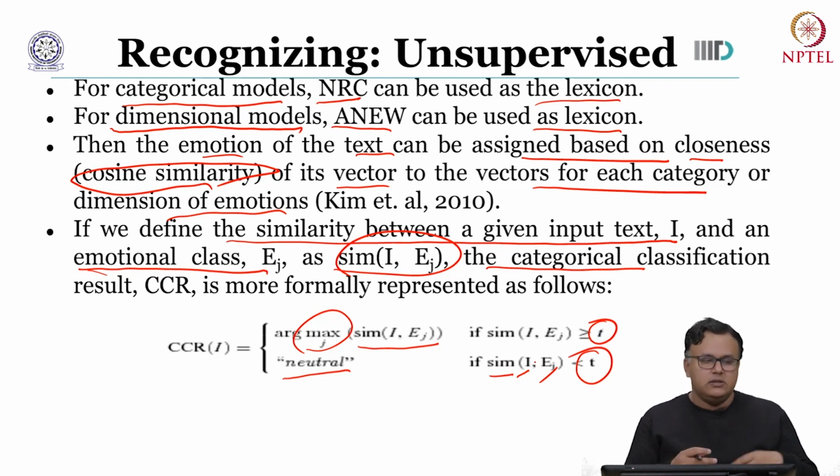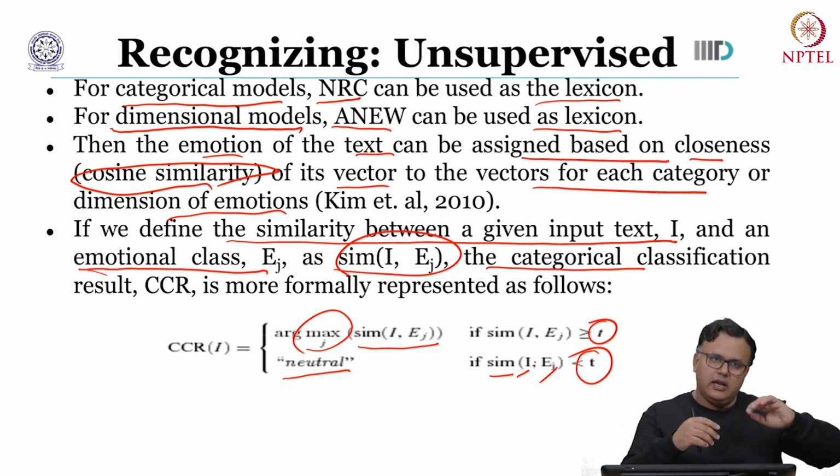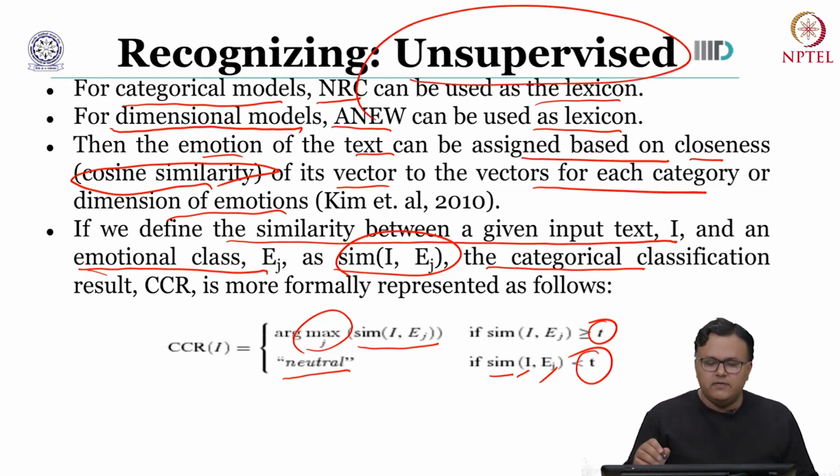But it simply means two things. You need a representation for the text. You have the cosine similarity metric. You can use some other metric for computing the distance as well. And you keep a threshold where you say, well, if the similarity is larger than this particular threshold, there is an emotion conveyed. If it is less than the threshold, then this is a neutral statement. So this way you can have unsupervised learning for the understanding of emotion using the text.